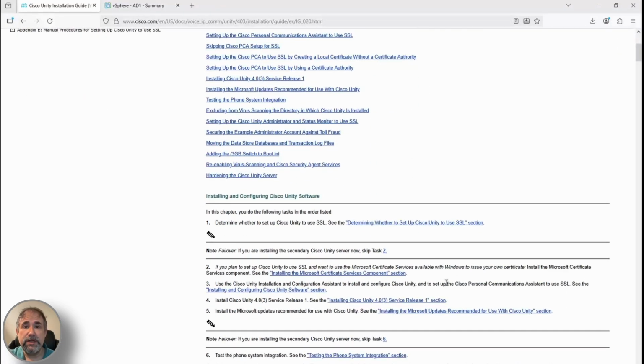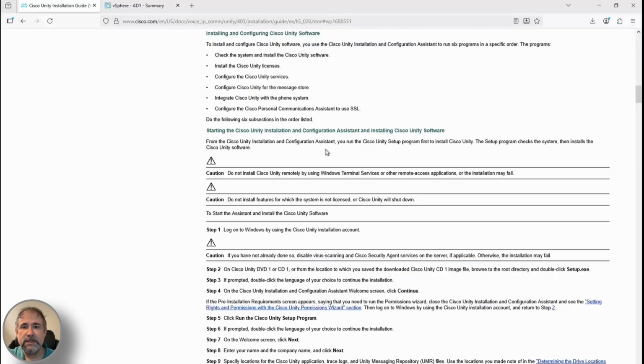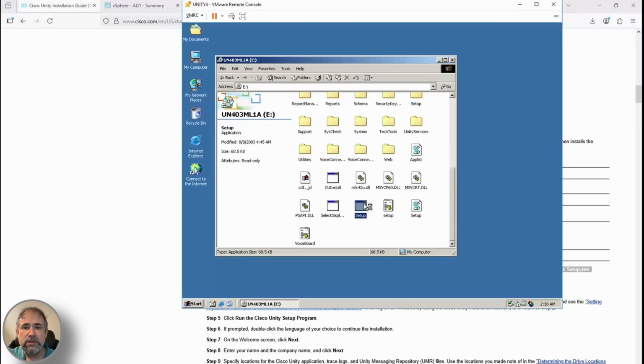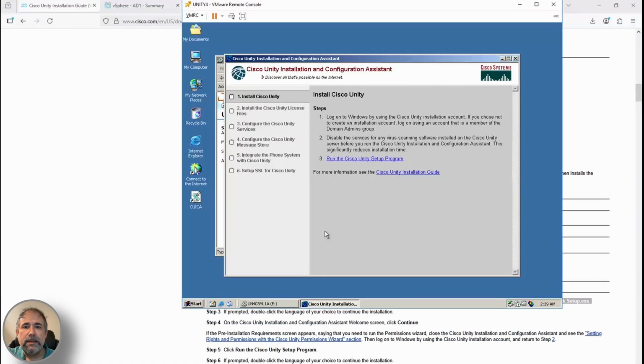So we'll switch to the Unity guide here again, the installation guide. Now, I did not start with SSL from the beginning. That was a big mistake. If you're doing this, just plan for SSL to start with. It's self-signed, it's simple. So we will start the setup, the Unity setup finally,